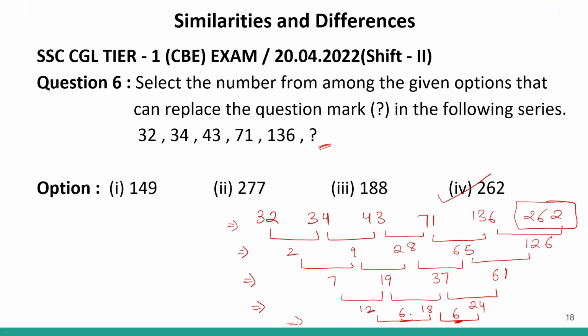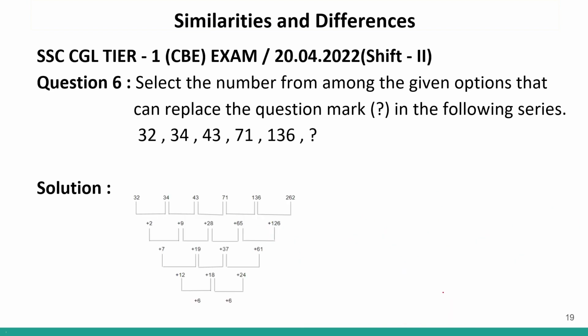Until you find a common difference, you have to break it down when you cannot form a logic. Logically, 2, 9, 28, 65 and 126 does not form a series, right? But when we broke it down, we could see the logic is moving 6 ahead, and then we did the calculation. So whenever you get a question like this, just break it down to the simplest form, the simplest number. Now, here is the solution. You can check it out.